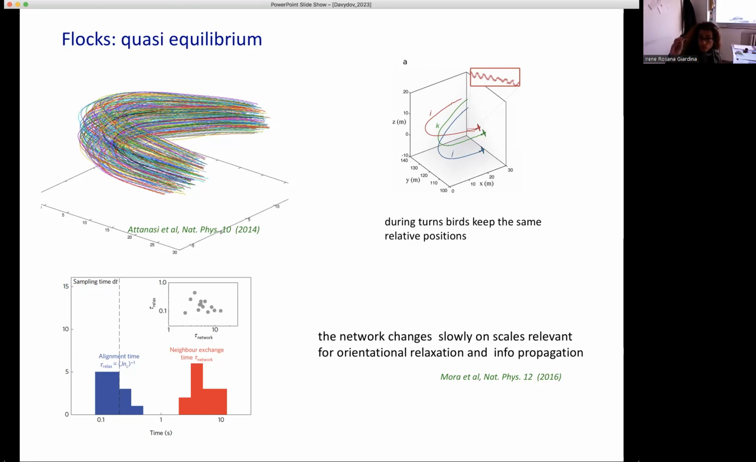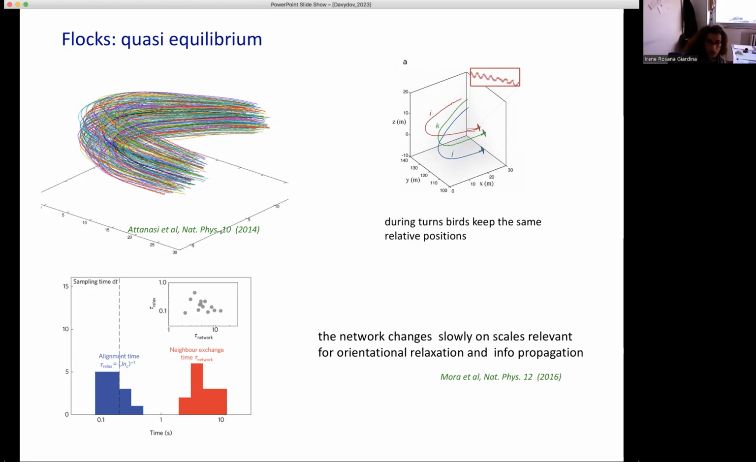This observation, this comment that I'm making, can also be quantified if I look at the relaxation time of the correlation functions of the orientations and the relaxation time of the network. What we see, these are experimental data, is that the relaxation time of the orientational correlations is always smaller than the time with which the network rearranges. So we have this separation of timescales, so that basically for what interests us, it is as if the system was